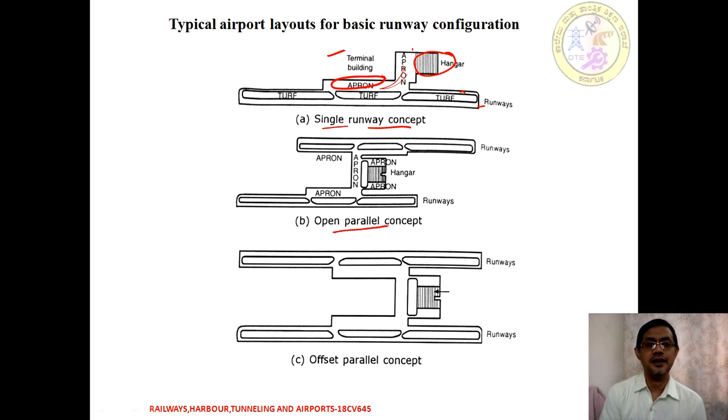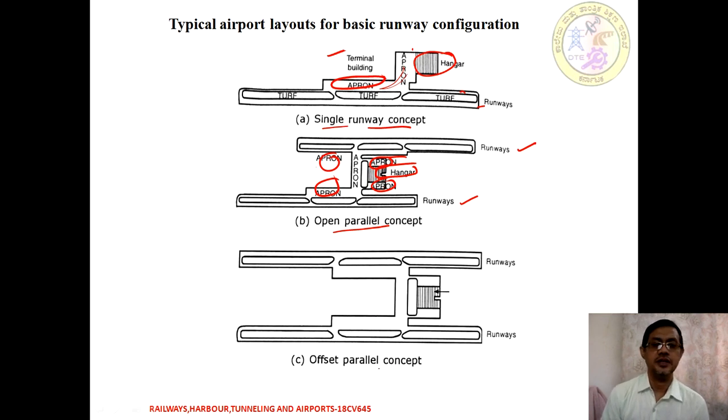So in the open parallel concept, say for the two runways running parallel to each other with respect to the vicinity, it depends upon the site condition, the topography, and the type of aircraft. We are going to have two aprons on the adjacent sides in a parallel line, and one hangar in a perpendicular direction, which provides continuous connectivity without hampering the movement of air traffic. That is with respect to the parallel concept.